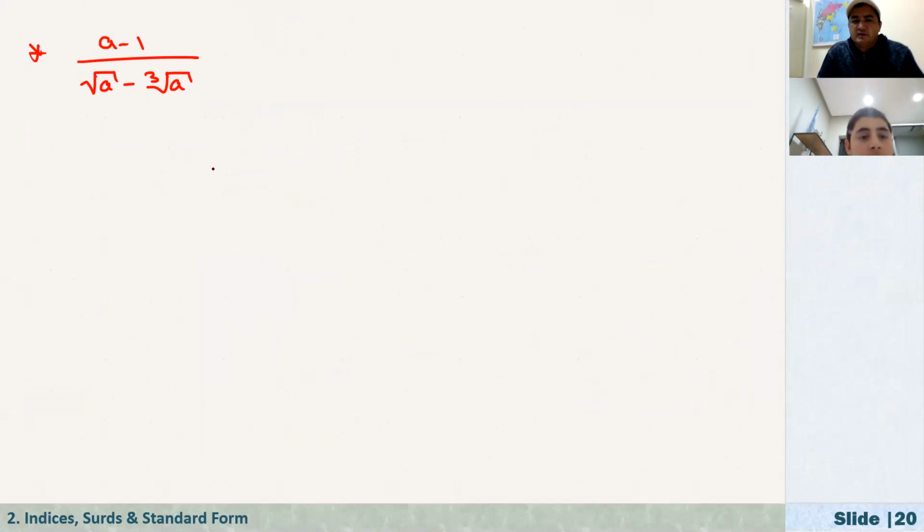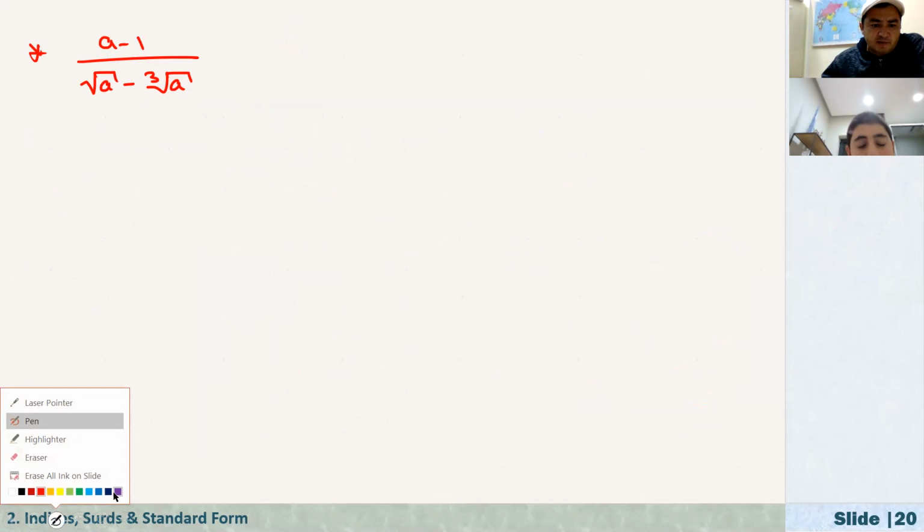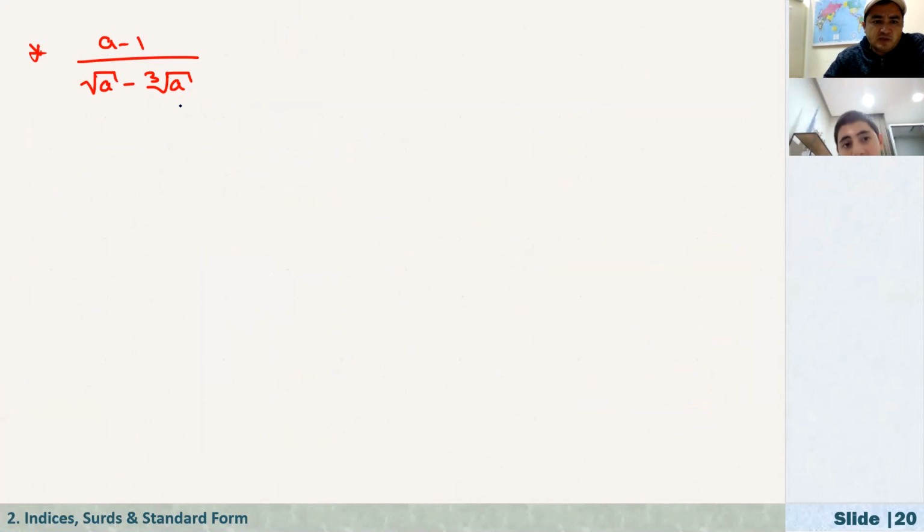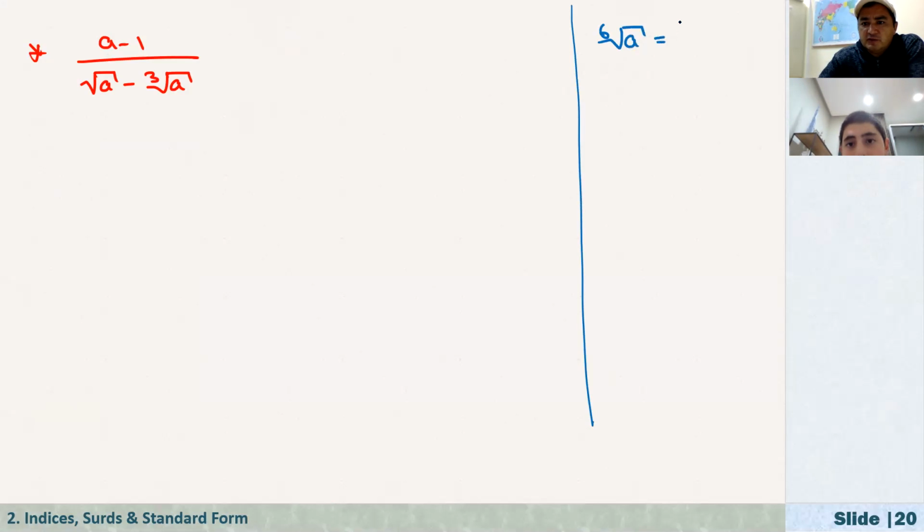Maybe if you try, you can do this, Ibrahim. In this kind of roots, let me just suggest one method. We have a cube root and square root of a, right? Let me just introduce a new variable. Let's say 6th root of a is equal to t. At that time, a will be equal to t to the power of 6, right? Yes. So now if we substitute here,